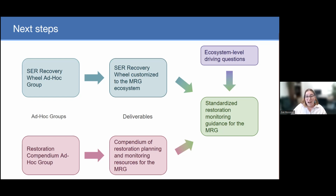And so what really needs to happen at the ad hoc group level is just for people who are actually restoration practitioners to take all those resources, see what we're missing, and what else needs to be included, both in terms of habitat restoration resources and projects, and then figure out what's actually relevant and useful for practitioners